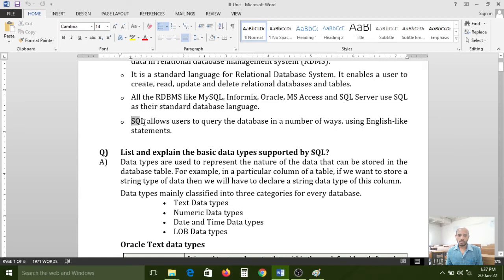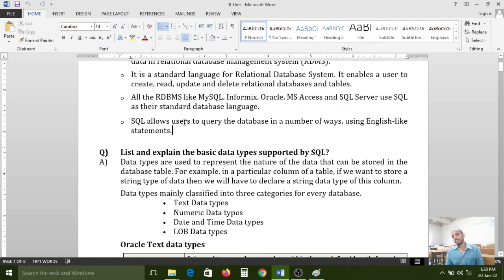SQL allows users to query the database in a number of ways using English-like statements. Here SQL queries use simple English words. We can use simple English words, so that's why it is easy to learn.